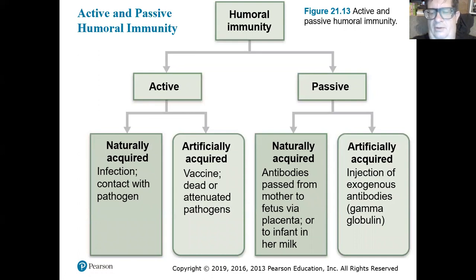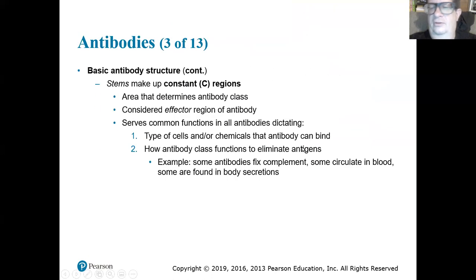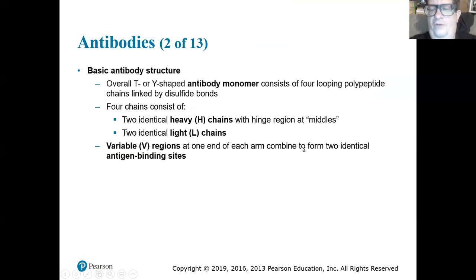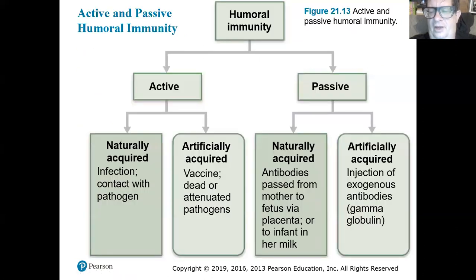All right, here we go. Natural, active, easy to understand, you got exposed. Artificial, active, easy to understand, you got a vaccine that will cause you to create antibodies. Natural, passive, mama's milk. The one that's hard for people to understand is